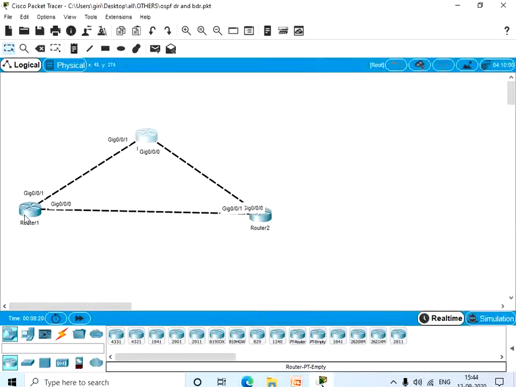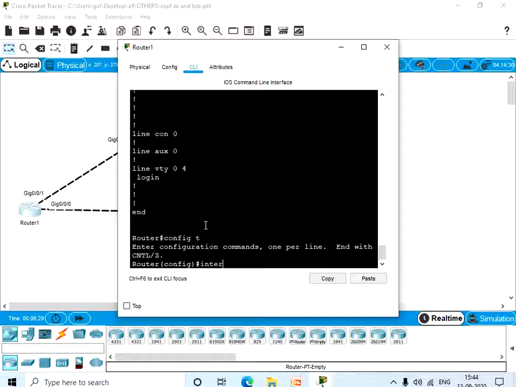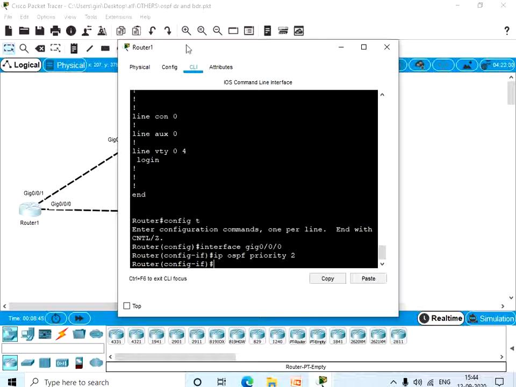So now let's try the command to change the priority. This is an interface command, so let's go into an interface. Let it be gigabit 0/0/0. So the command is ip ospf priority. Let's give the value as 2.